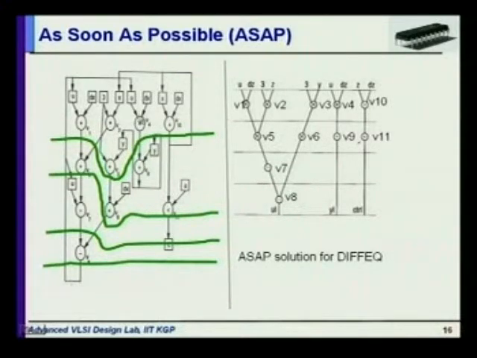Also V3, because it also depends only on the variables, so you schedule them in the first time step. Now when V1 and V2 are scheduled, V5 is available. Similarly, when V3 is scheduled, V6 is also available. When V10 is scheduled, V11 is available. So you schedule them in the next time steps. Whenever some operations do not depend on anything pending, we schedule them. So this is basically your as soon as possible scheduling strategy.